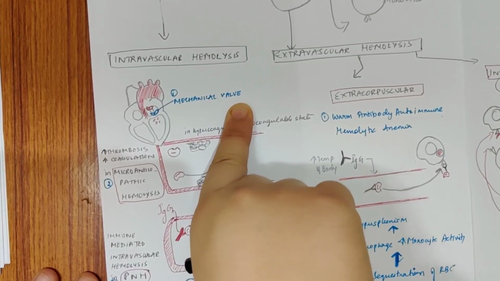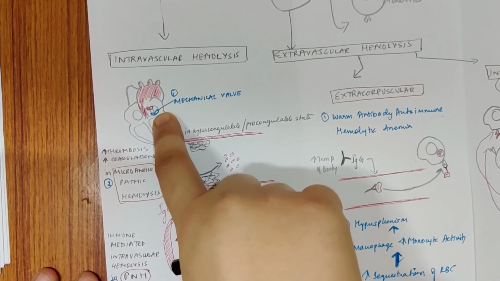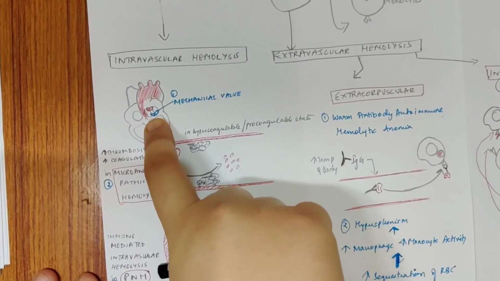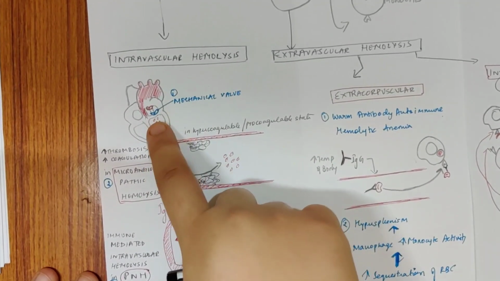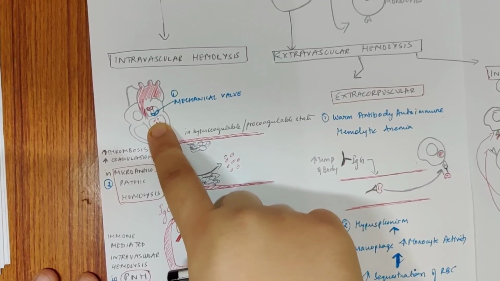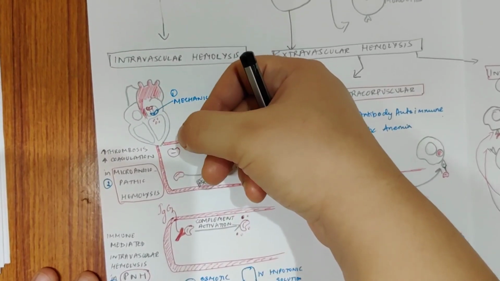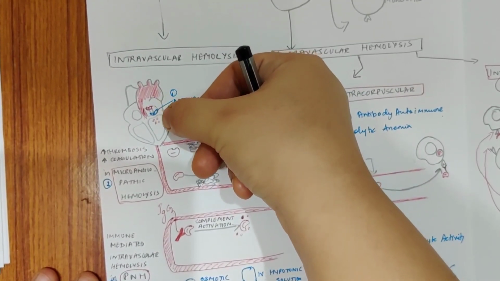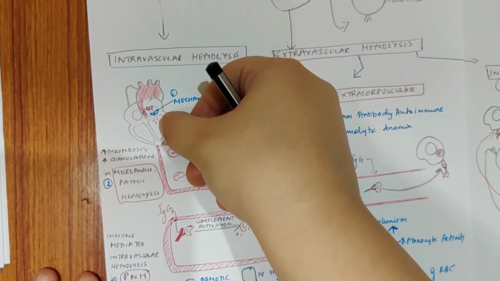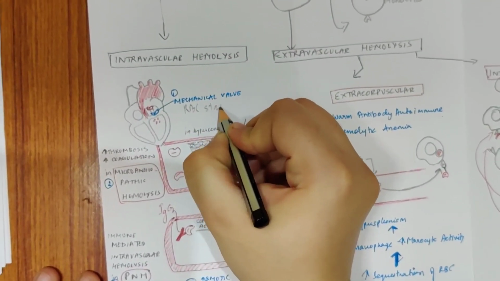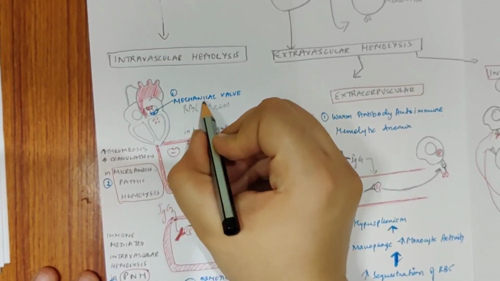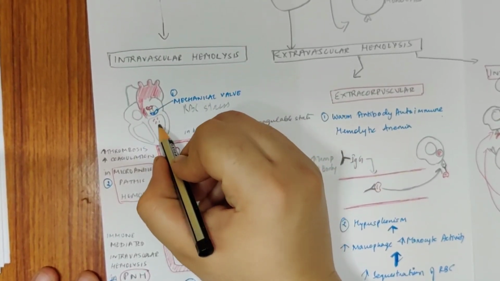In a lot of conditions, when you have mitral valve or bicuspid valve malformation, at that time you put in a mechanical valve. In this mechanical valve, when it gets old, what happens? Whenever blood flows through, especially when an RBC flows through it, it can get destroyed. This happens because the RBC is under stress. Due to stress from passing through a mechanical valve, the RBC can break down.